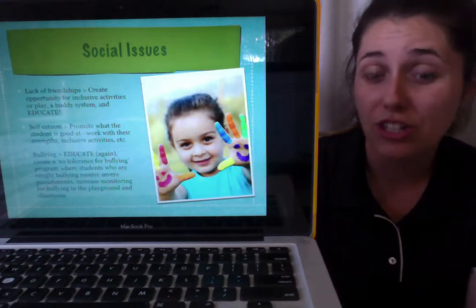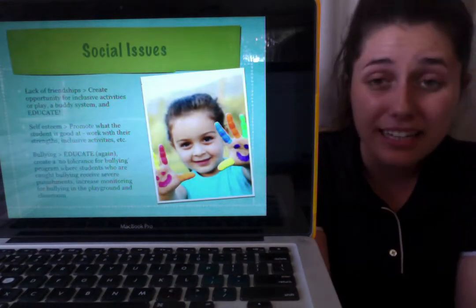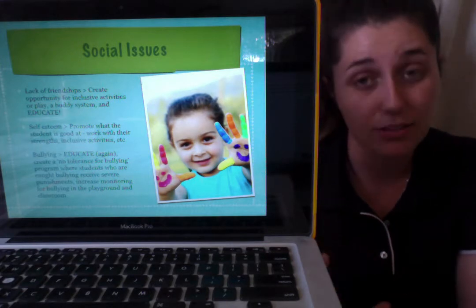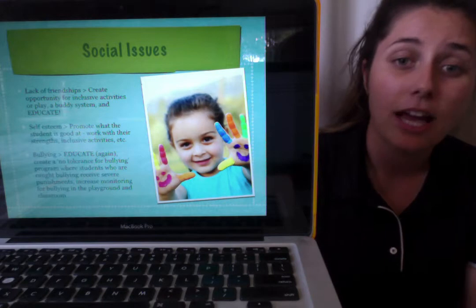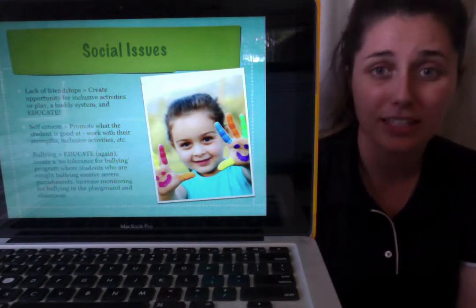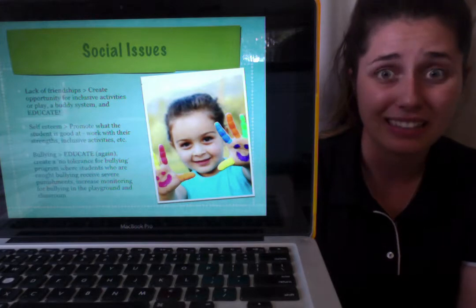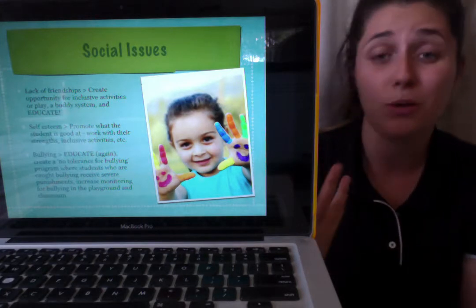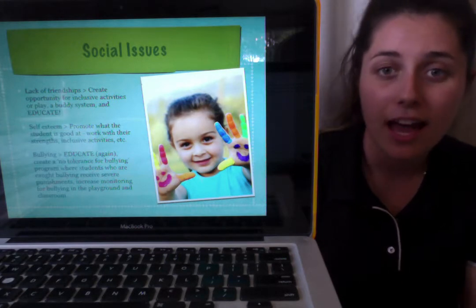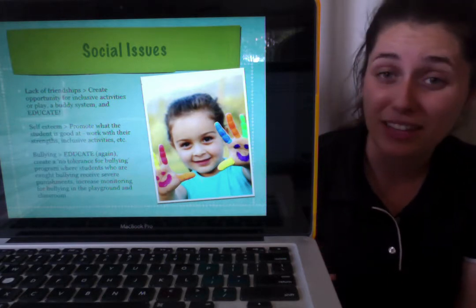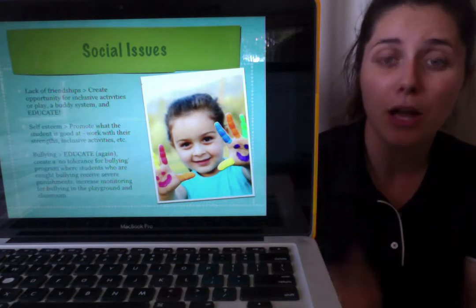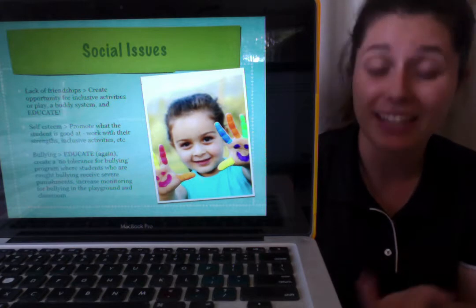So social issues that these students may experience, there's a lot. The disability is characterized by its social nature. They experience lots of bullying. They can experience lots of just ignorance, their peers purely not understanding the condition. So what can we do to prevent that? I think that's a really important part, is prevention. Let's prevent that bullying. Let's prevent that ignorance.